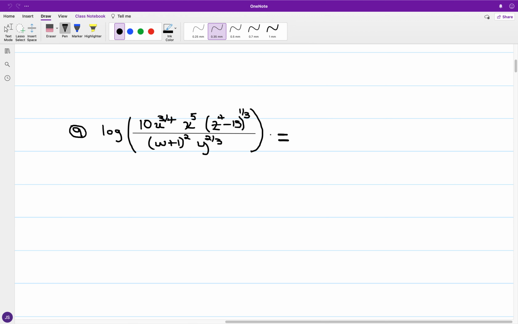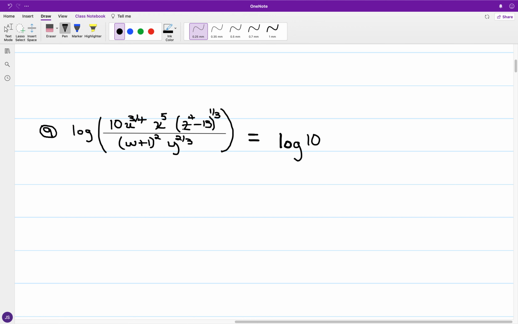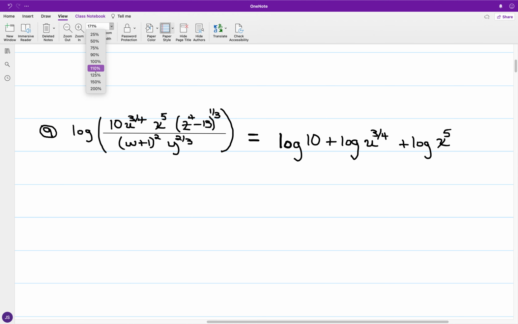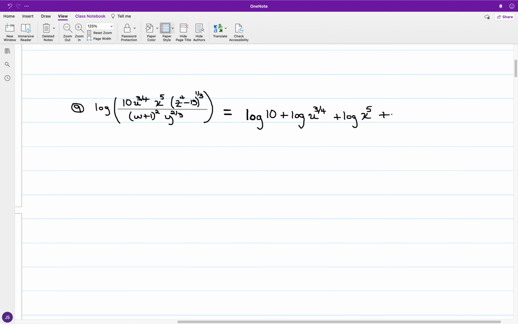Working with these terms, we have the log of 10, and you can put the factors in most any order. I'm going to take the top layer before working with the terms in the bottom. So I have the log of 10 plus the log in base 10 of u to the 3/4, plus the base 10 logarithm of x to the 5th, and plus base 10 logarithm of z to the 4th minus 13